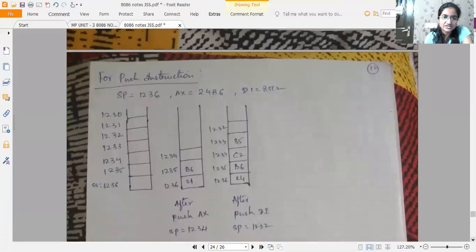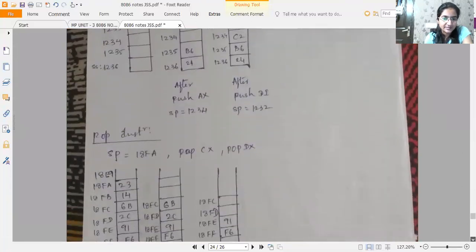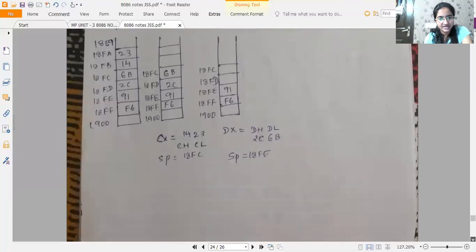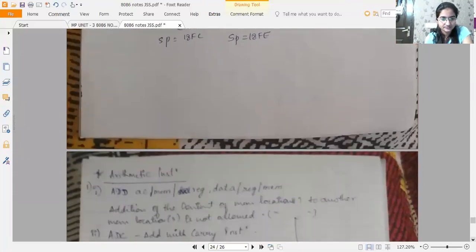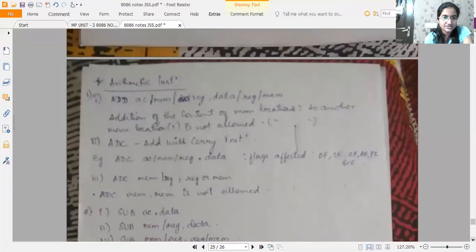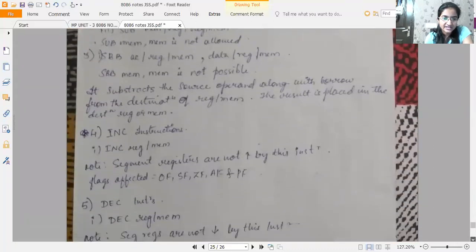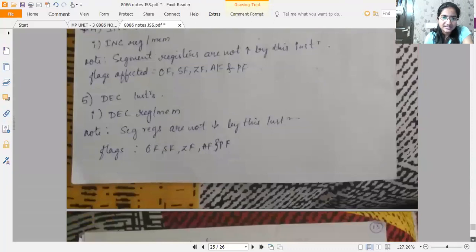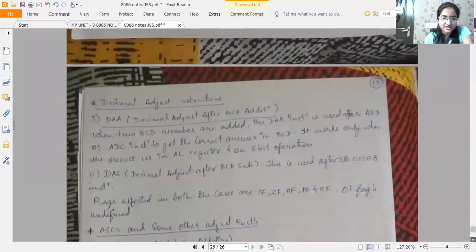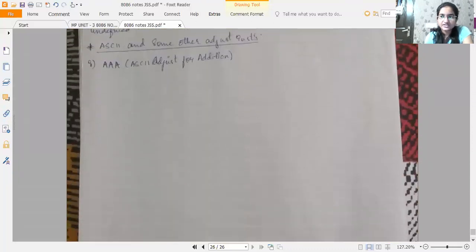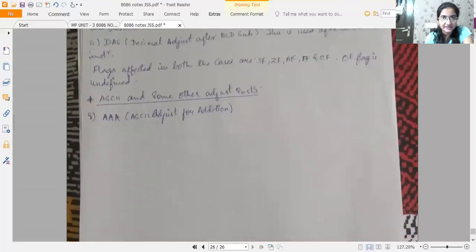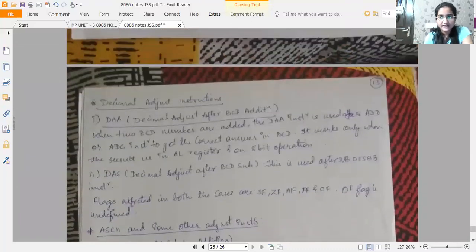Next you have the push and pop instructions, which are being repeated here and have already been explained in detail to you all. Now there are a few instructions here: arithmetic, logical, increment and decrement instructions. These instructions are explained in detail in the link that I have given. All right, please go through that. If you have any doubts, we will discuss.